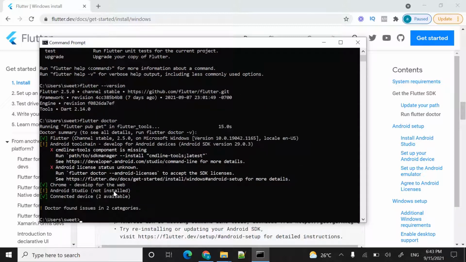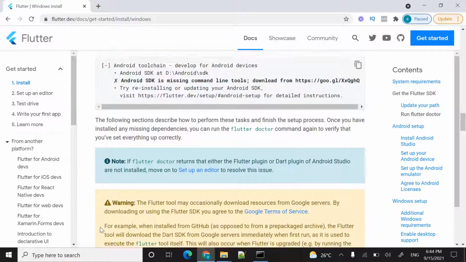Just wait for a few seconds. Yep. So as you can see, Flutter is properly installed. It's the green one. After that, Chrome is also installed properly. And now you can see Android Studio is not installed. So if we move back to the browser again